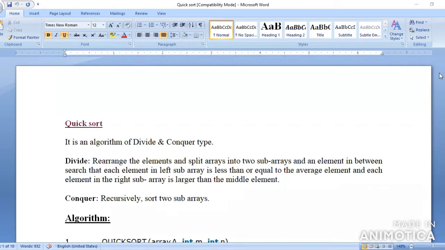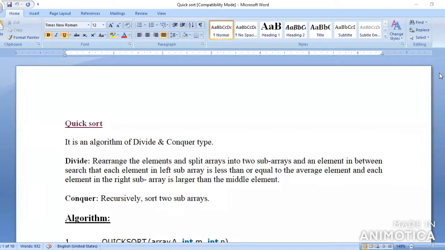So how to calculate the complexity, how to do it for the worst case, best case, and average case in divide and conquer methodology. So what is divide and conquer? Based on the given problem, you have to divide it into two sub-problems. After solving the sub-problems, you have to combine them to solve the original problem. That is divide and conquer strategy.